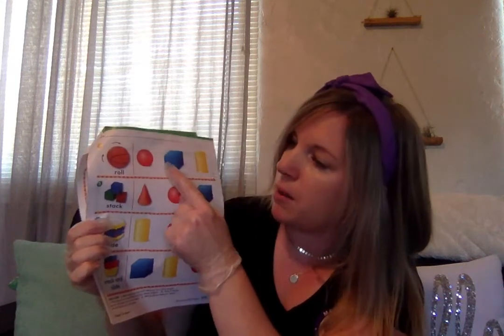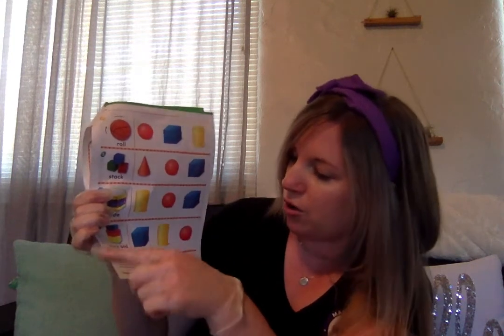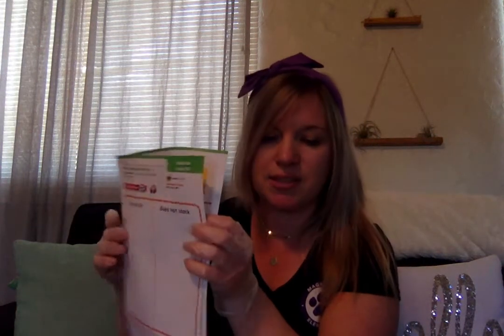3D shapes can be, honestly, they want the students to know the names of all of these shapes. So sphere, cube, cylinder, cone. And if they're going to be in the directions, they'll also get more exposure to it. So yeah, just do your best with this page. It's kind of hard because